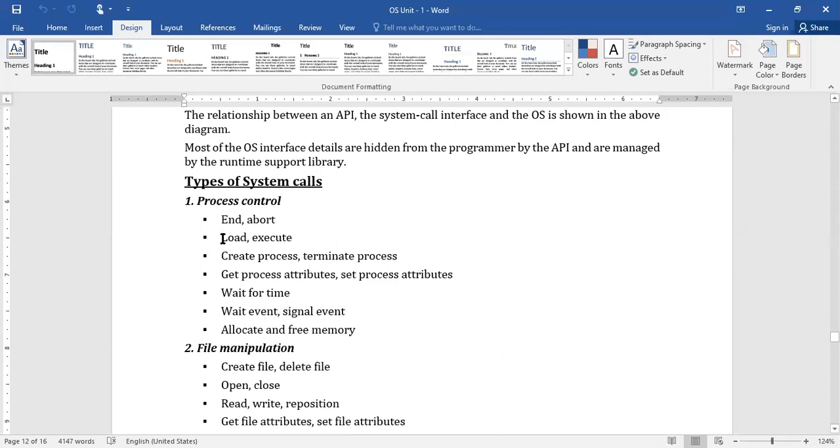So in order to end, you need to have a system call. You need to abort the execution. You need to have one system call for loading the program, execution of the program. Okay. In order to do all these things, we need to create a process, terminate the process, get the process